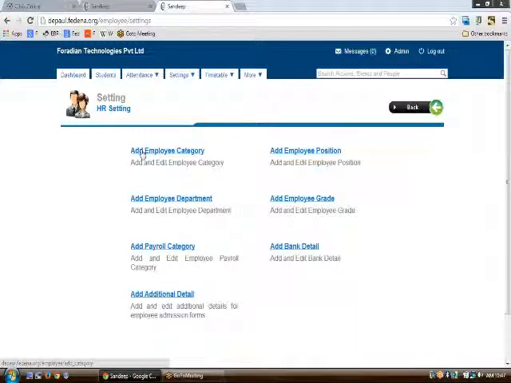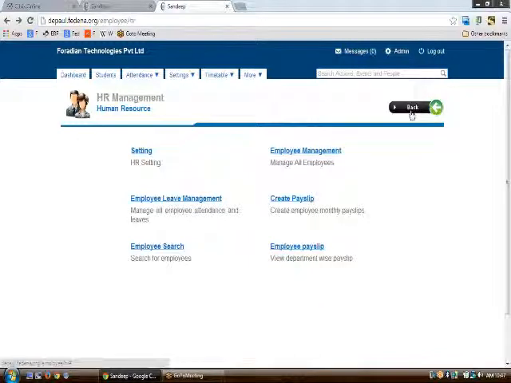Just like any other settings, we would be asked to do some of this HR part. As we do the settings at the start of any other module, in the HR module also we need to do the settings. So we need to click on the settings.